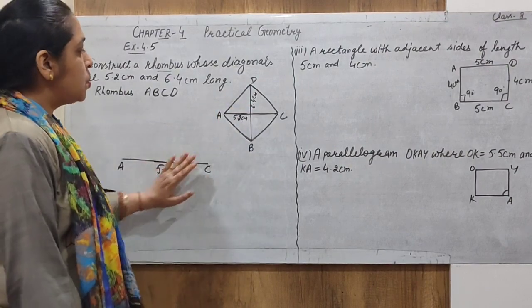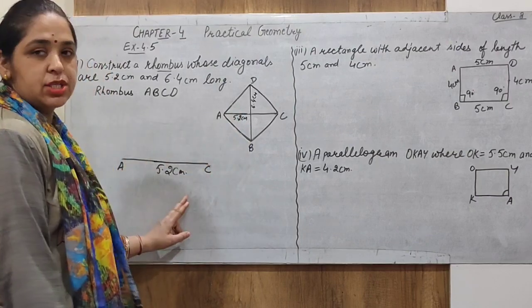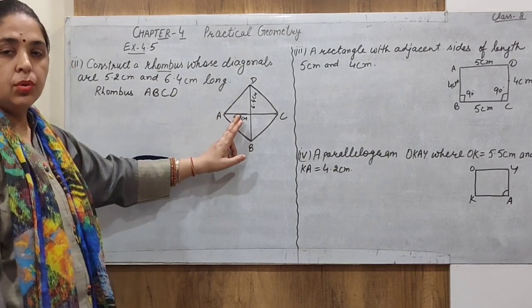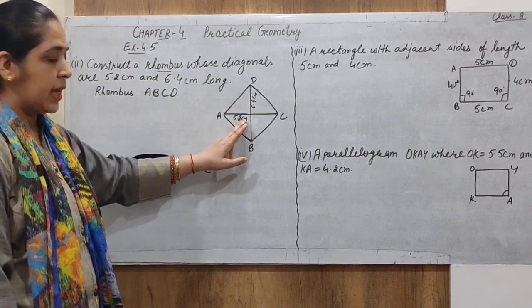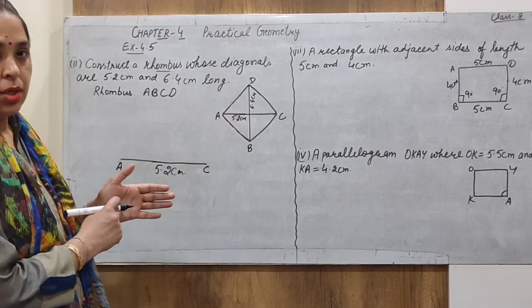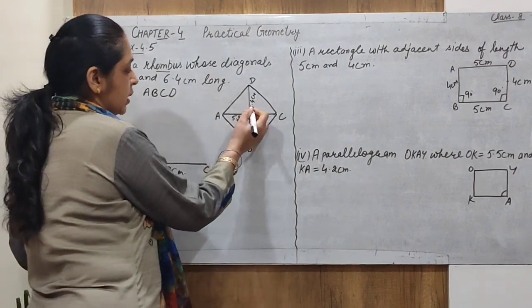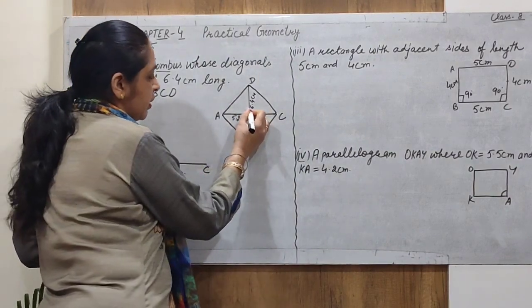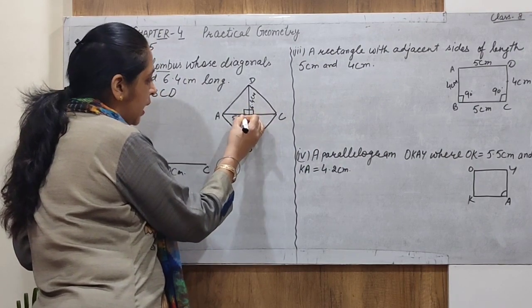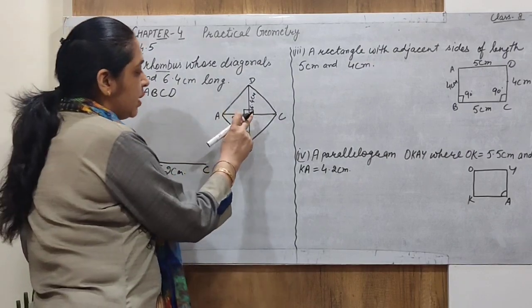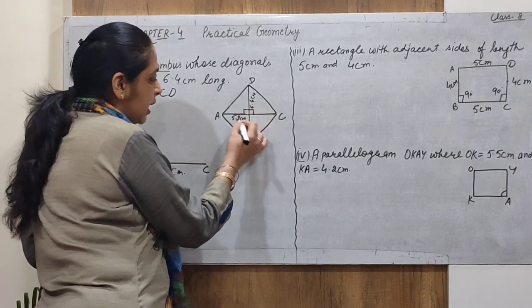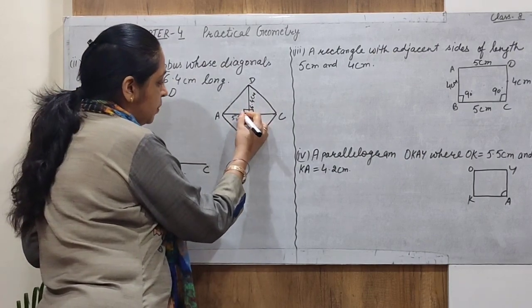Now which property can we use to draw the sides or the angles? The property we use, as you know very well, is that the diagonals of a rhombus are perpendicular bisectors. Perpendicular bisector means that when the two diagonals of the rhombus cut each other, all the angles made are 90 degrees. That's why we say this is perpendicular. Bisect means when they cut each other, they divide both of them into equal parts.